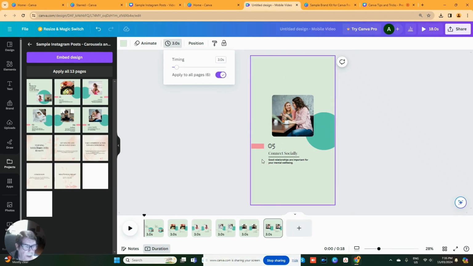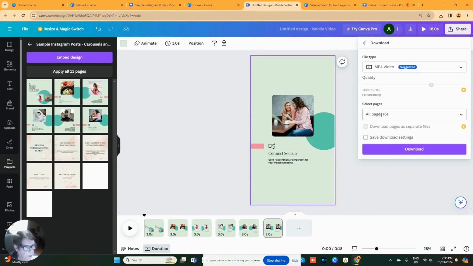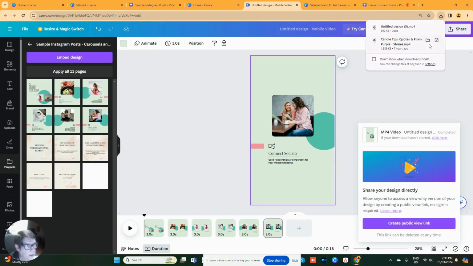Now you can go on here further and make your pictures bigger, make your text bigger. That's something I'll leave to you, but effectively you can now download that as a reel or a story: share, download, MP4, all 6 pages. I'll download that now. That can also be used on TikTok as well. And when that's finished, which it has,